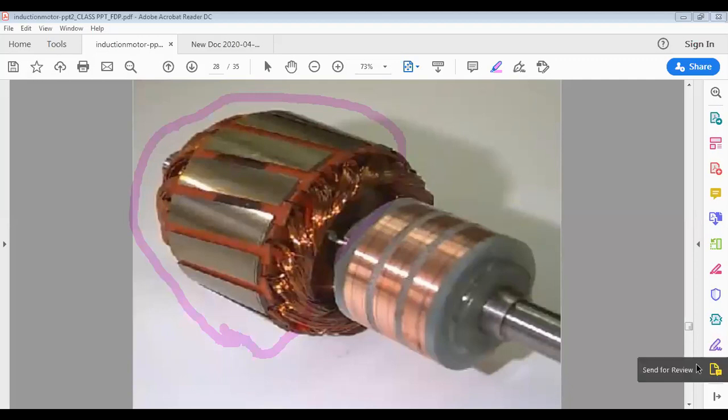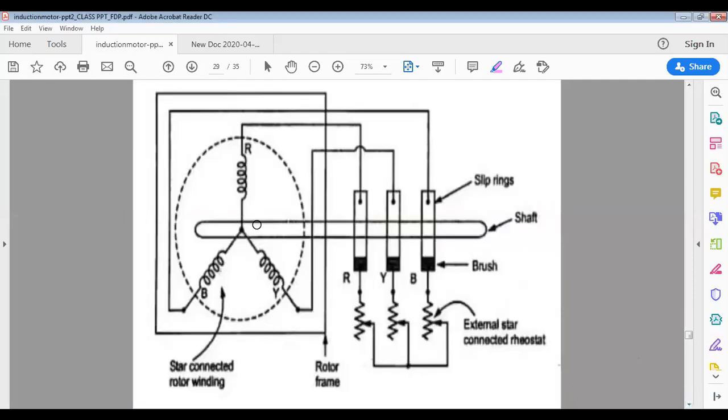Now here in the second type, that is the phase wound, I told you windings are connected in star. In star means what? One terminal of each winding is connected together. These are the windings which are there on the rotor. See, centrally it's a shaft. On the shaft, the rotor core is wound. On the rotor core, this is the R phase winding with many turns, Y phase winding with the same number of turns, and B phase winding also with the same number of turns. Got it? All 3 windings have the same resistance and inductance.